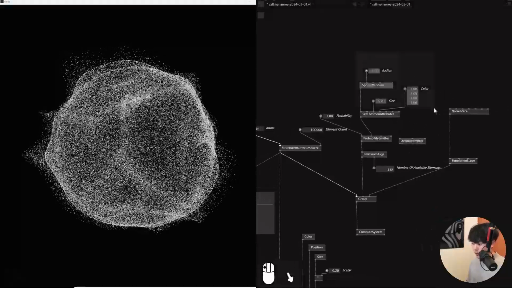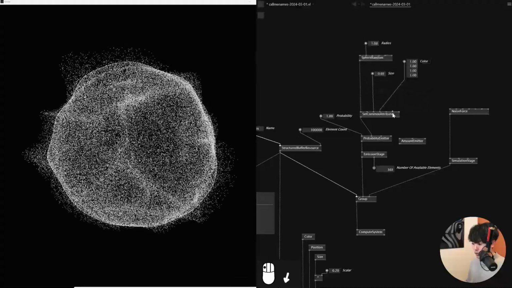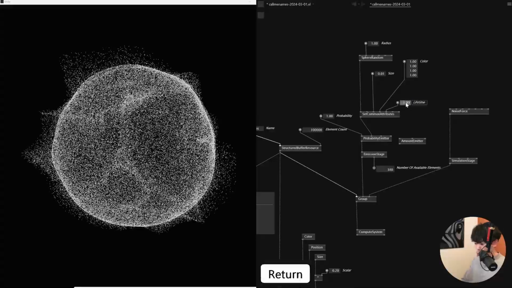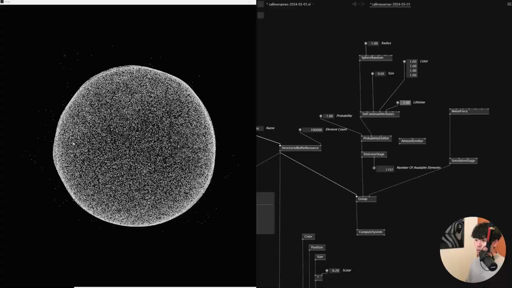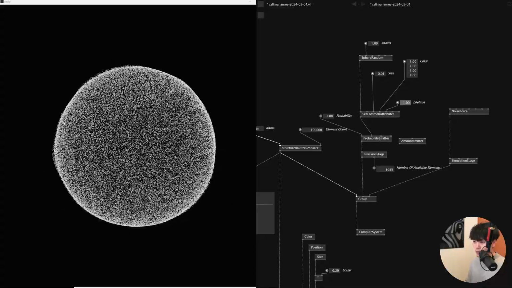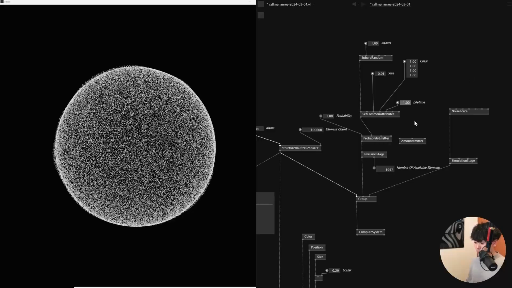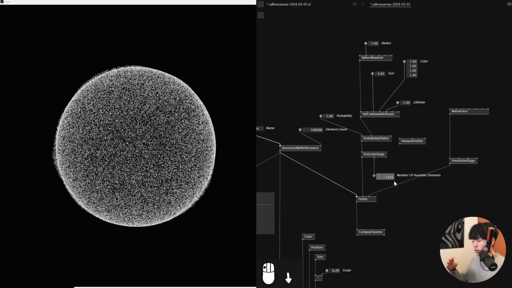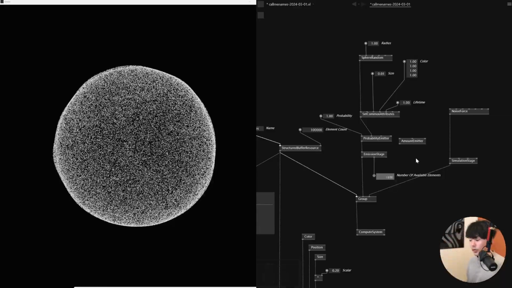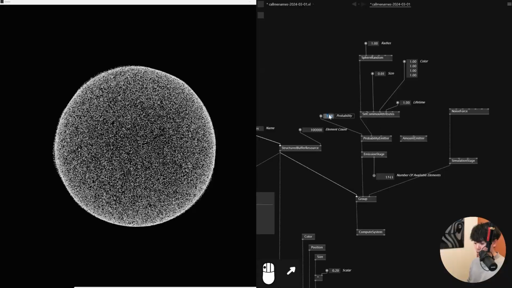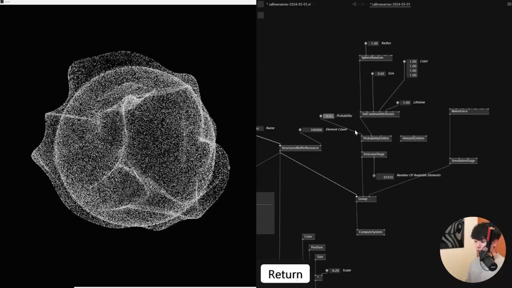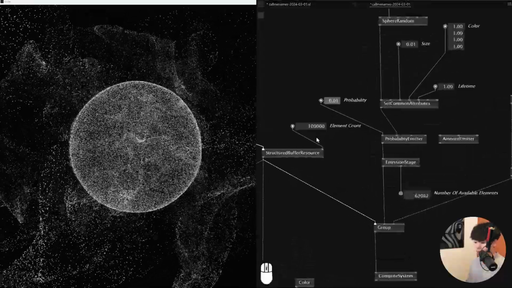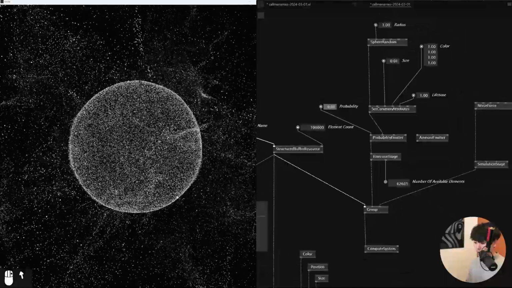So this is it, and also this in this set common attributes. As you can see right now, all the particles delete every 3 seconds. But if we make this 1 second, then you can see the particle lifetime changing to 1 second. So it goes less far because the lifetime finishes in 1 second, and it gets reset, and then another. So the number of available elements will be reset to 1000 and goes back, and that's how it basically works. So if you want random particles emitting every time, then you might want to set this probability low so that you can see something happening. But since the maximum amount is forced here,